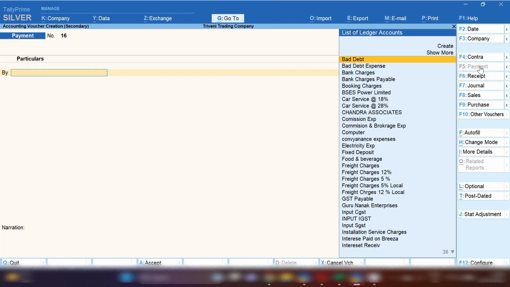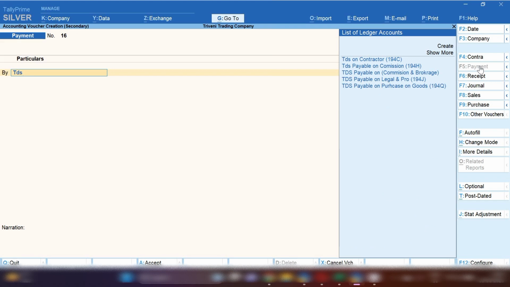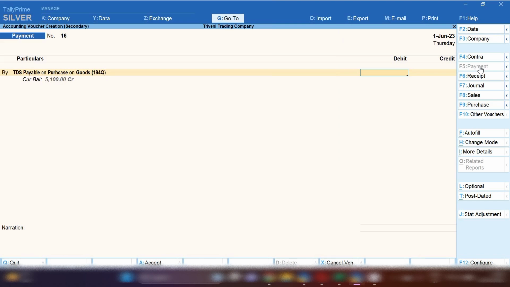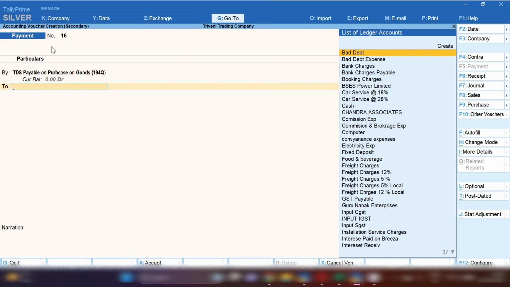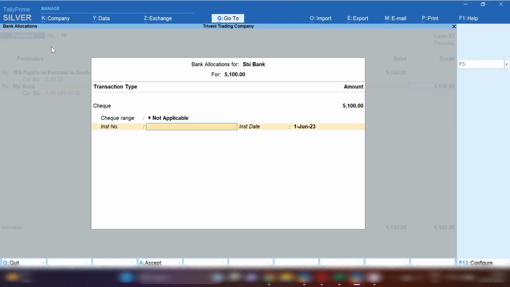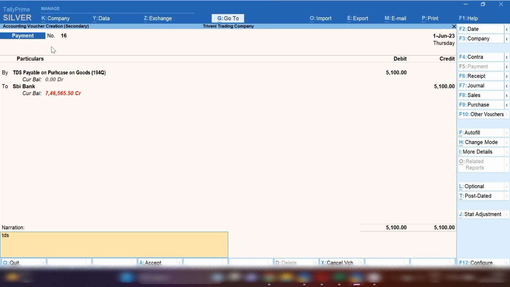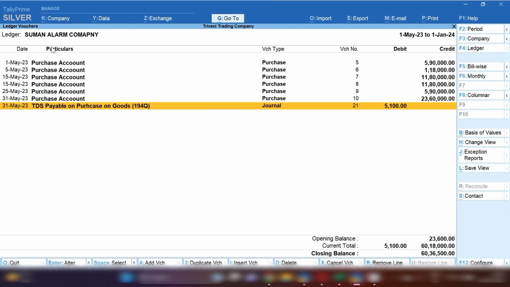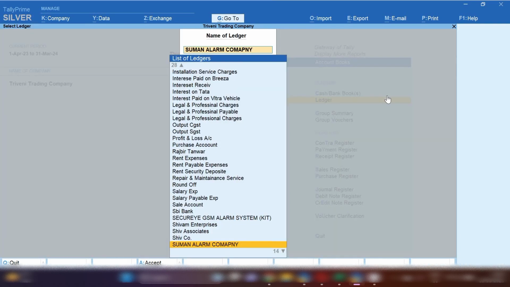So I'm going to tell you how you have to record the TDS payment entry. By pressing Ctrl A, you have to select the payment voucher and you have to select the date by pressing F2. And TDS payable on purchase of goods will be debited 5100 rupees, and you have to credit your bank from which you want to make the payment. And in narration you can mention TDS payment for the month of, whichever month you want to make the payment for. You can mention your month. So by pressing Ctrl A, save this entry, and now you can see the party ledger, and I'm going